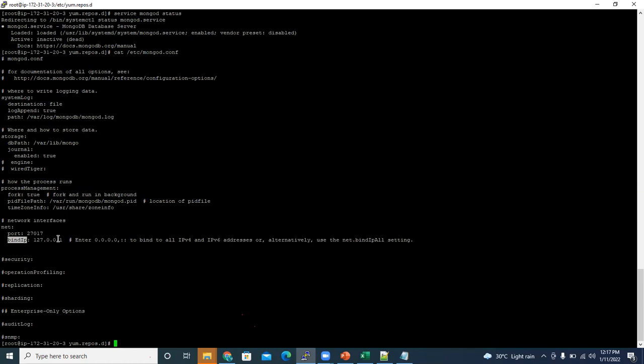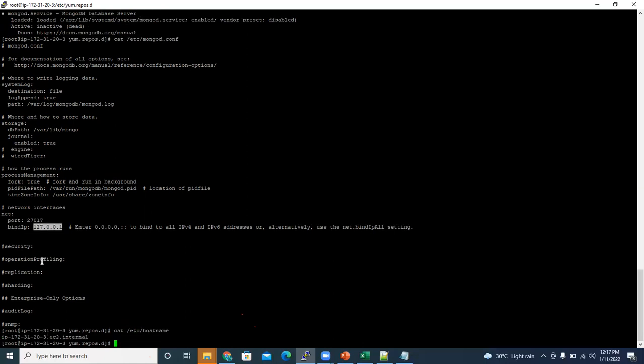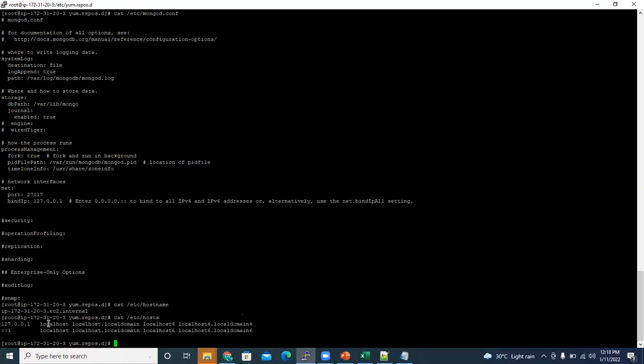And bind IP. Bind IP is the kind of setting where, if you mention bind IP 127.0.0.1, you can connect to this database only from this IP. This 127.0.0.1 is nothing but your localhost.